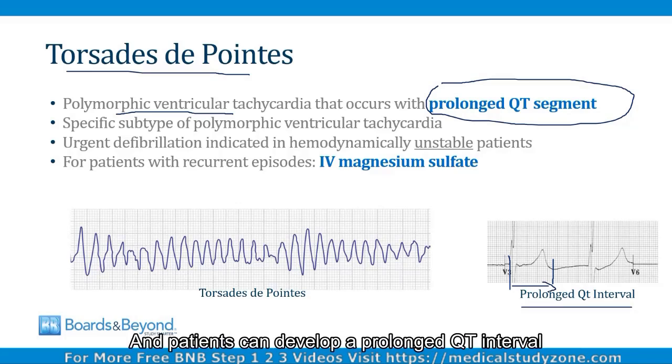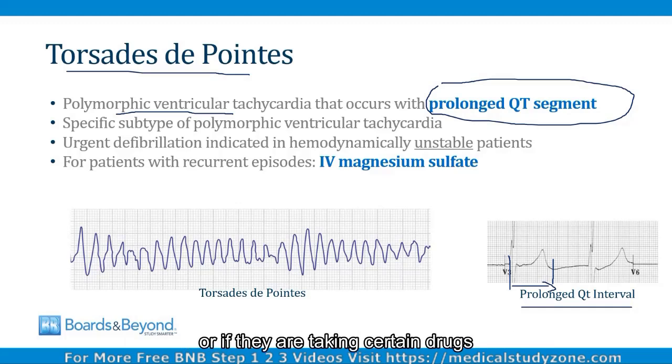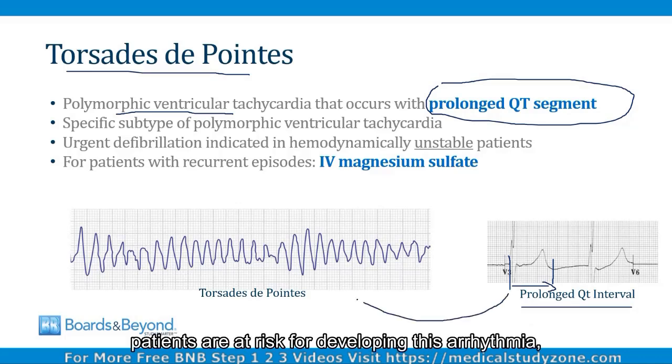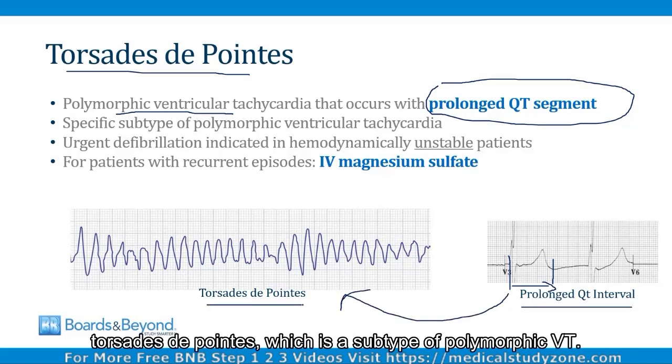And patients can develop a prolonged QT interval if they have abnormalities of potassium or calcium, or if they are taking certain drugs, especially certain antiarrhythmic drugs. When the QT interval becomes prolonged, patients are at risk for developing this arrhythmia, Torsade de Pointes, which is a